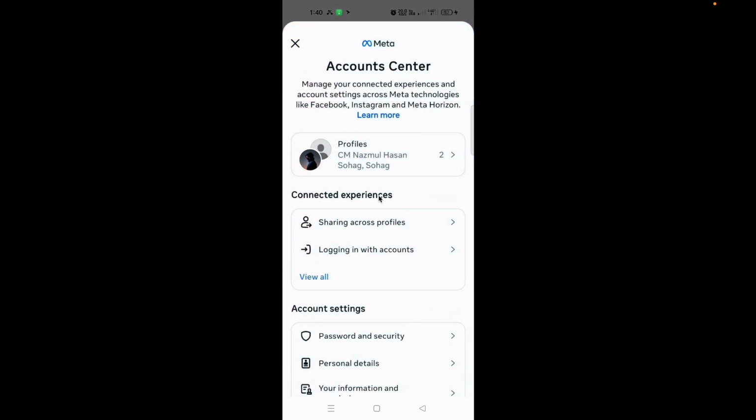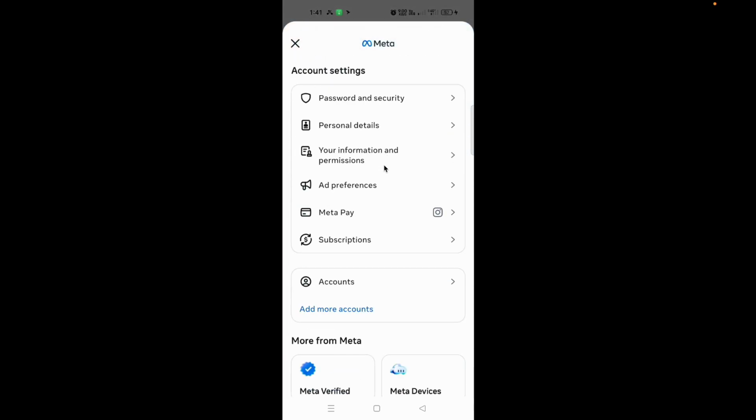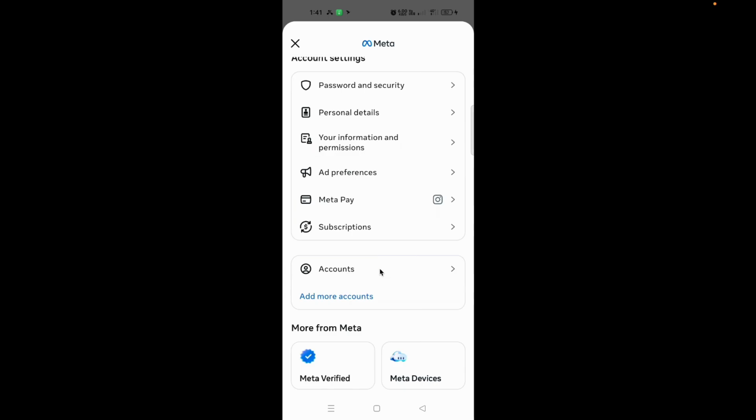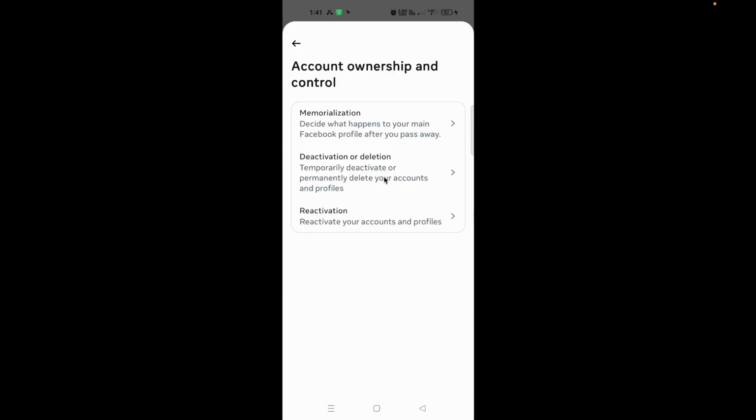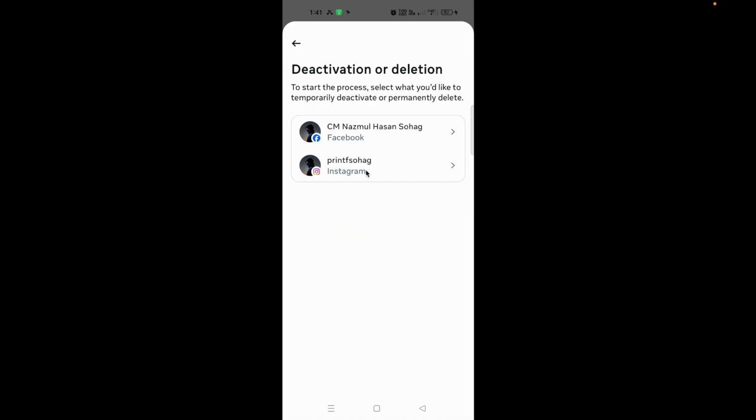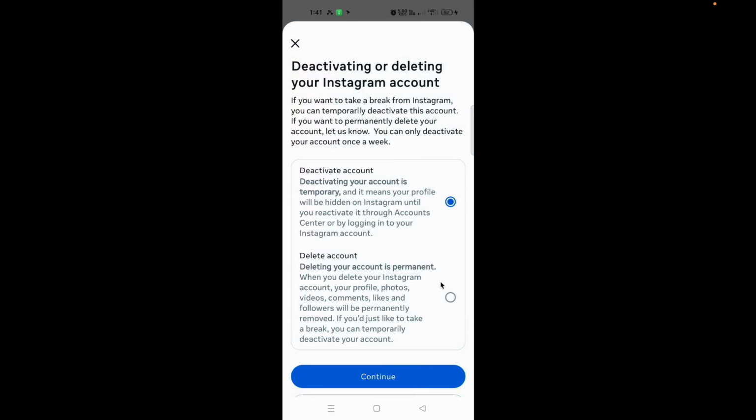Click on it and scroll down, and here you will get an option accounts. Click on it, and if you scroll down you will get that account ownership and control. Click again on it, and here you are going to get an option deactivation or deletion. Click on it, choose your Instagram account and choose delete account